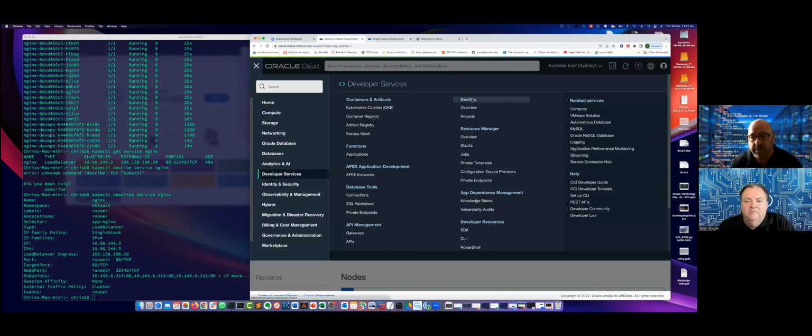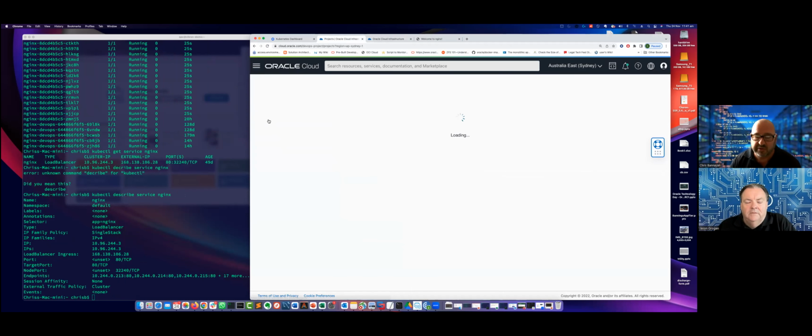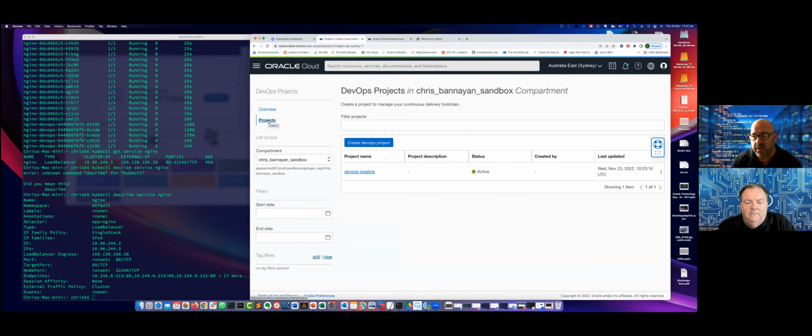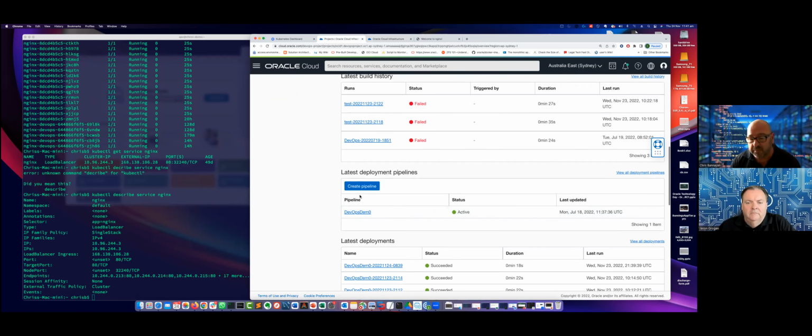Yeah. Yep. And I can do exactly the same thing, but do it through a DevOps pipeline. So the DevOps pipeline adds that additional functionality where, from a developer perspective, if you want to do a CI/CD pipeline, you write your code and upload it into a repo or GitHub. Yeah. And once it's there, you can trigger a call to run this pipeline, which will update my code, and then we'll roll it out straight into Kubernetes. Oh, right. Okay. I've just got a basic pipeline here. Yeah. This is my pipeline, and I've got a deployment.